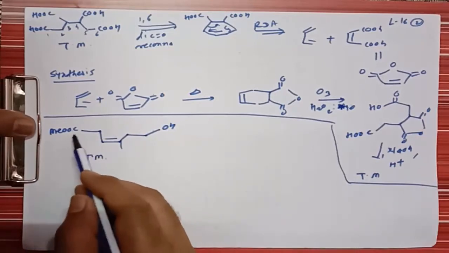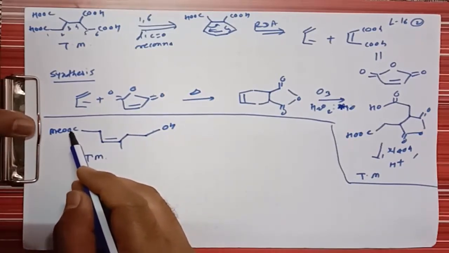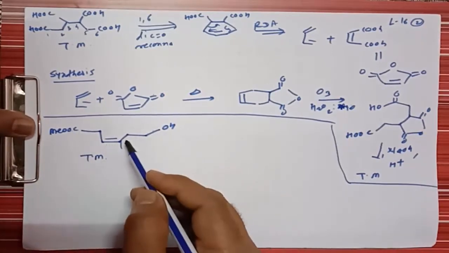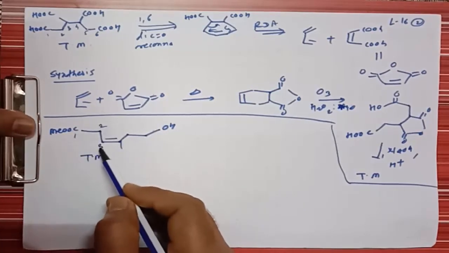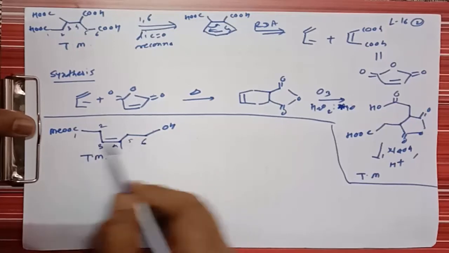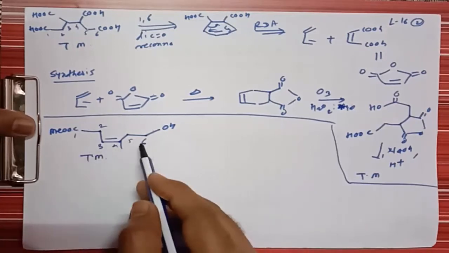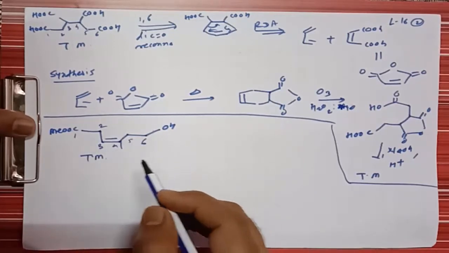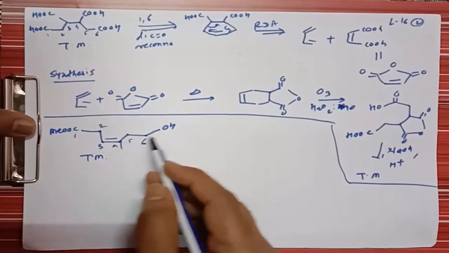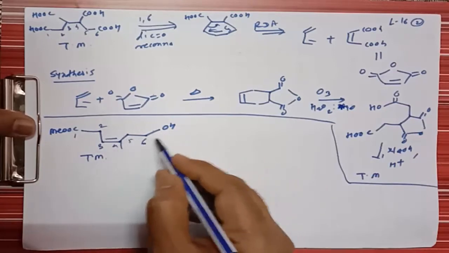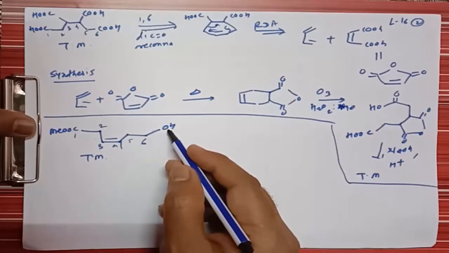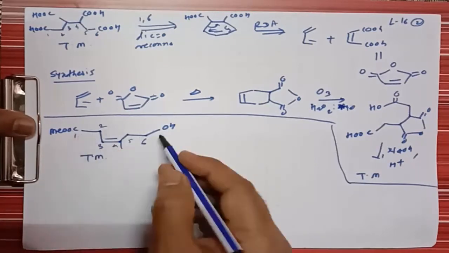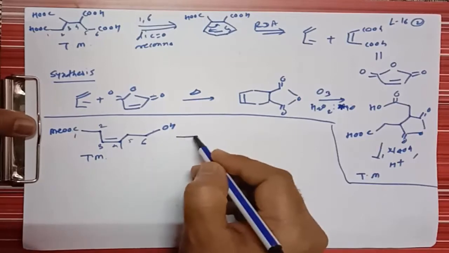So here if we see, it is an ester group, here is OH and olefin. Suppose if we see, it is carbon number 1, 2, 3, 4, 5 and 6. So it is a 1,6 dioxygenated pattern, or it is a 6-hydroxy carbon compound. If we do the functional group interconversion at this position, instead of alcohol, if we take this aldehyde, then we can go for the 1,6 dicarbonyl pattern.